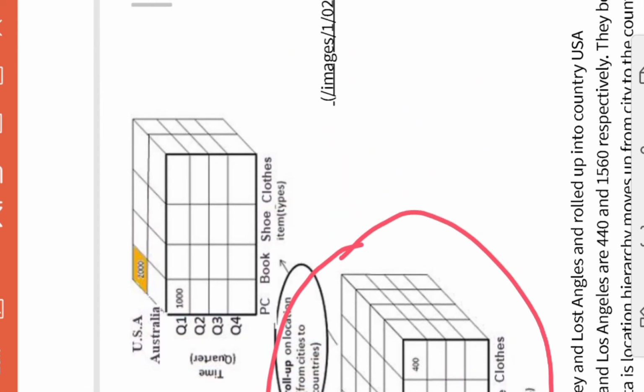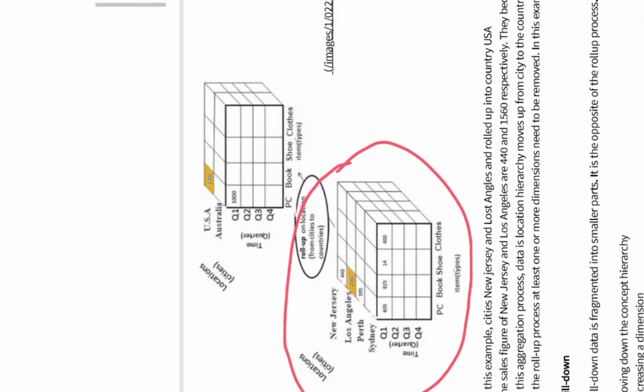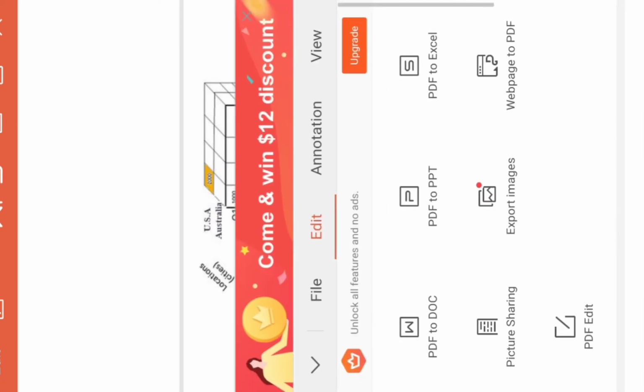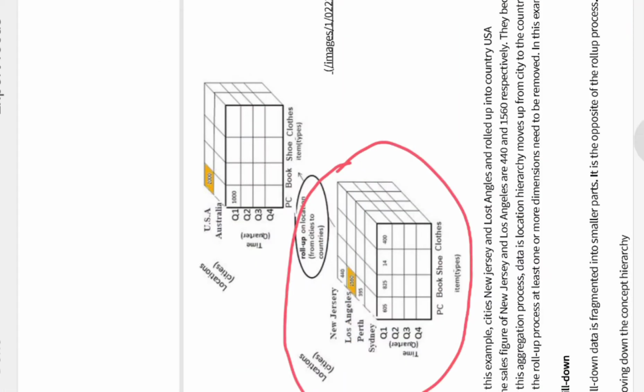See, if you are able to see here, if you are observing this particular part, New Jersey and Los Angeles belong to the same country, USA.